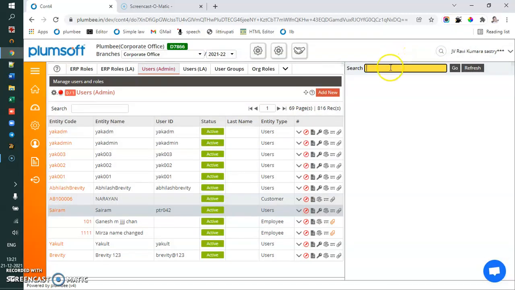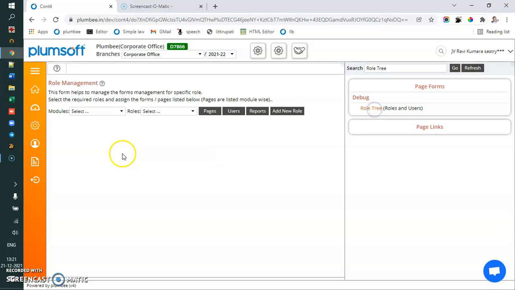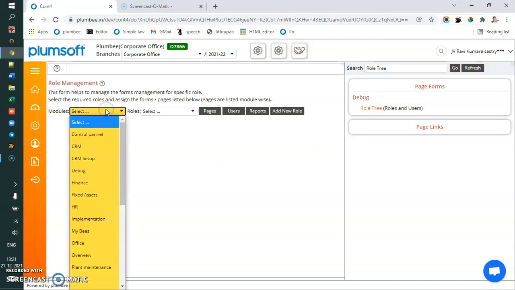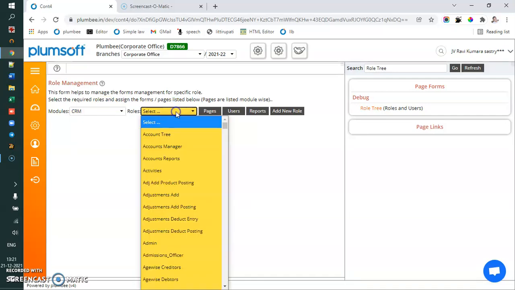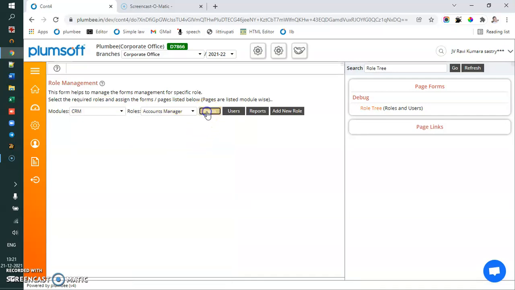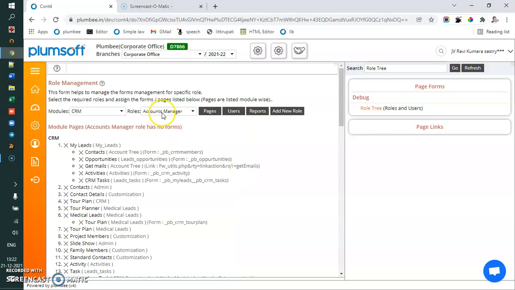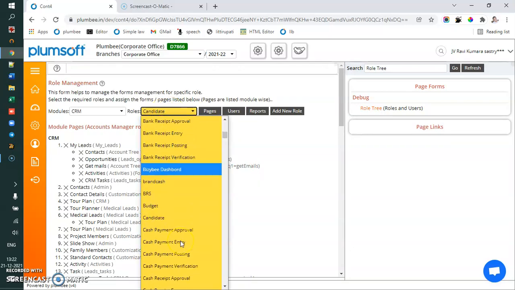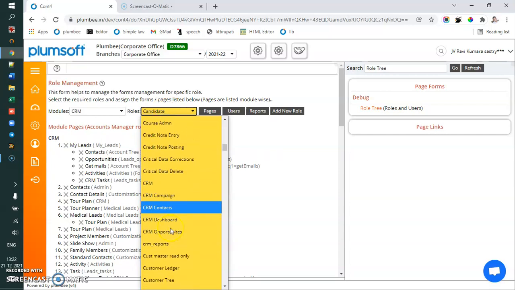And this can also be achieved by role tree. There is a role tree here. You can go there straight away and select the module. Say for example, I am selecting CRM and I want the account manager. I want to see the pages which are given to account manager. Maybe I can say there is a CRM role or something like that.